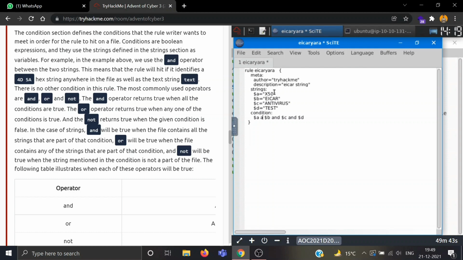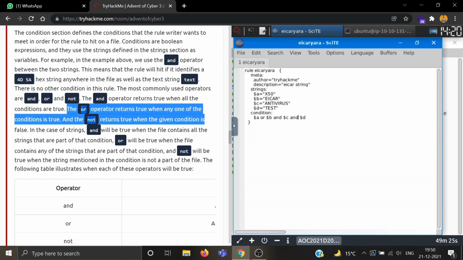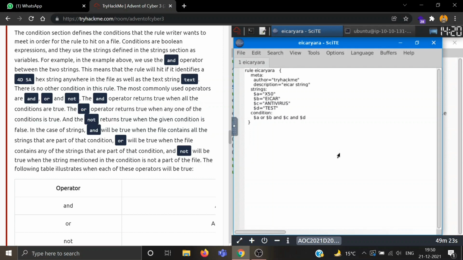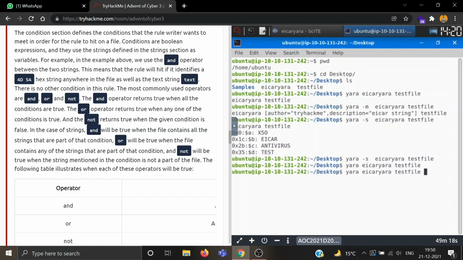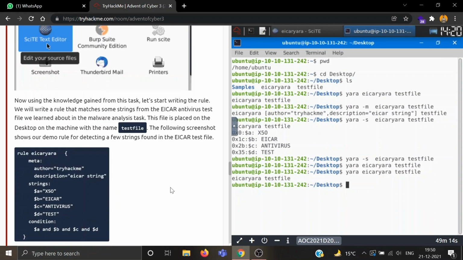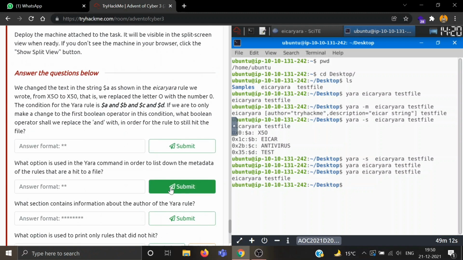If we replace AND by OR, then we may get the output, because the OR operator returns true when any of the conditions is true. Okay, so let's see. We got our output. So we need to replace AND with OR.